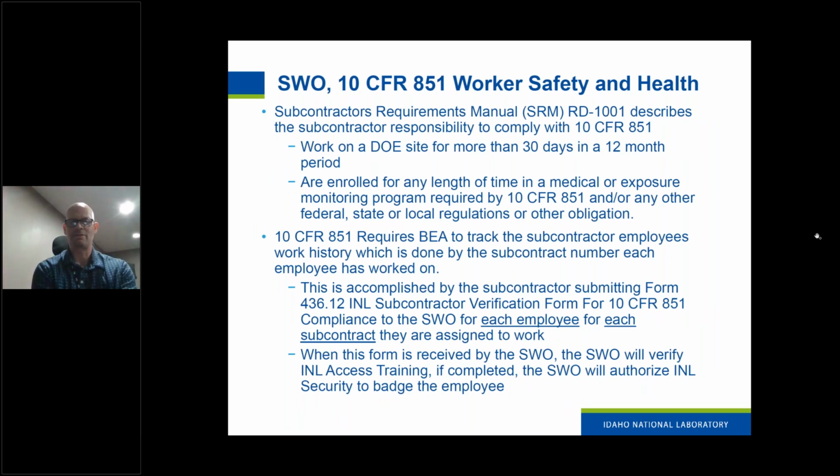Yeah, so as I mentioned, that was one of these forms. One of our important duties as the SWO office is to ensure that we follow 10 CFR 851. This is from a federal law, to ensure that we are looking out for your worker safety and health. The whole purpose is 10 CFR 851, and it's within our RD 1001 in the subcontractor requirements manual that